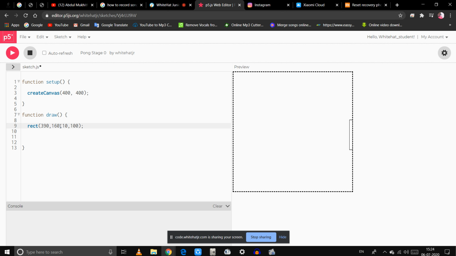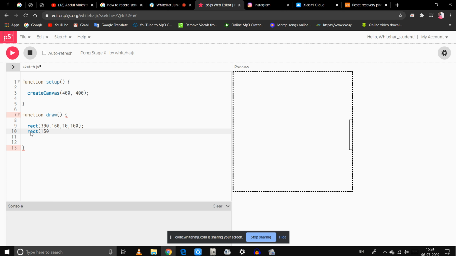Now we have the player paddle. Tell me, how will you get the computer paddle? Again, we have to create one canvas, ma'am. Very good. No, not the canvas, the rectangle. Yes, rect instruction. Write it again. Rectangle. Yes, ma'am. Now this time we want it towards left. So ma'am, what value will be X? Once 160. Try giving 160. We'll change it afterwards then.